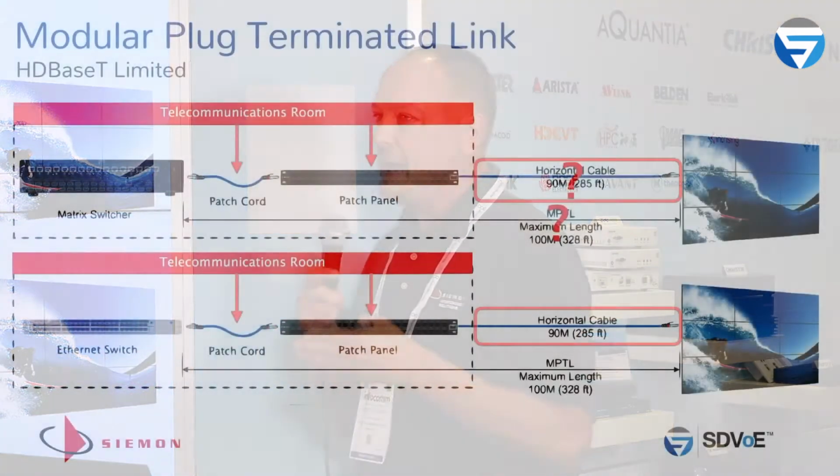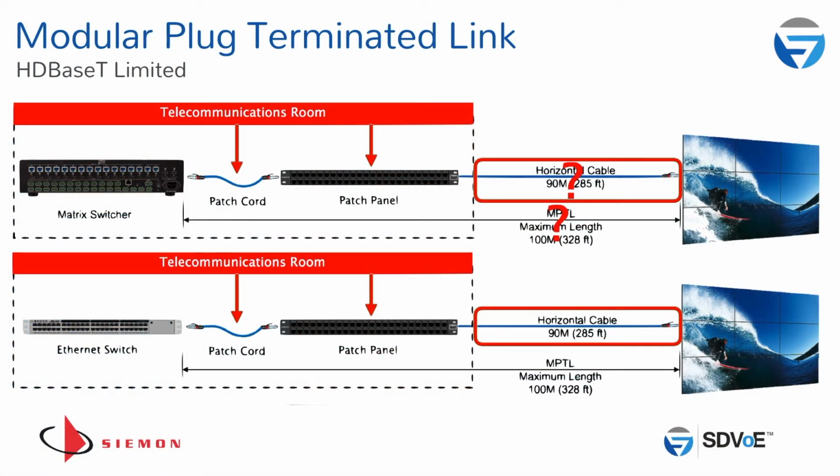Just one quick point on this as well: when you start adding patch cords and a patch panel, HDBaseT starts to get a little sketchy as far as its performance. Now we know 4K 60 4:4:4 on HDBaseT can run over 90 meters of point-to-point cable, but it starts getting really questionable as far as if it can run over patch cords in a patch panel, because every time you introduce connectivity,